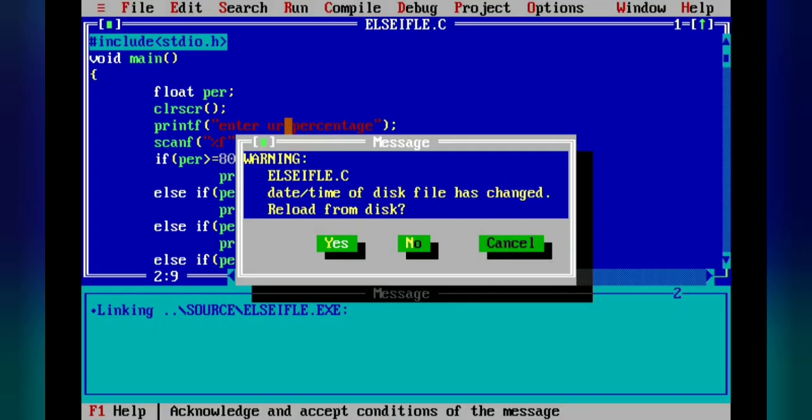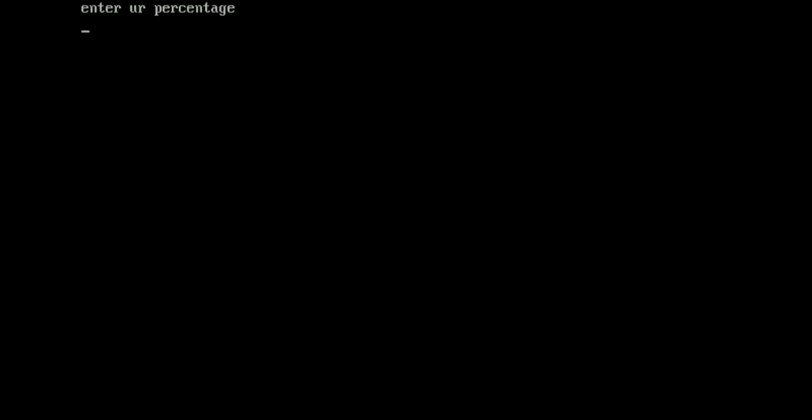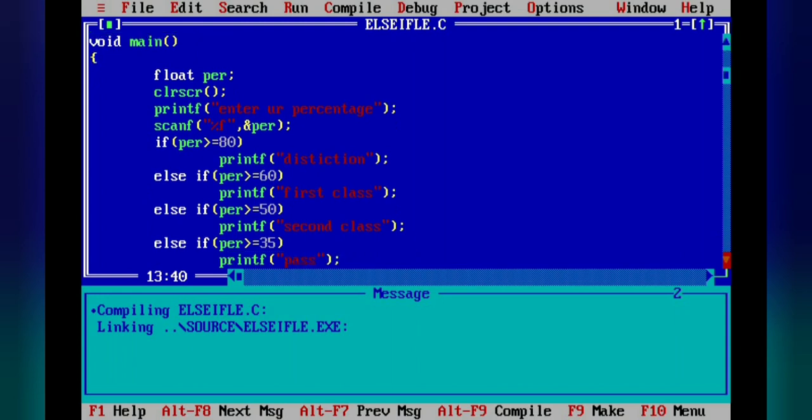So the first block executed here, the first condition is true, and then the message is coming, whatever we have written inside the first block. Now again we will run Control F9, and this time I am writing the percentage 30. So the message is coming: failed. My percentage is less than 30, so all the conditions became false. That is why the block that is executed here is the last statement block.